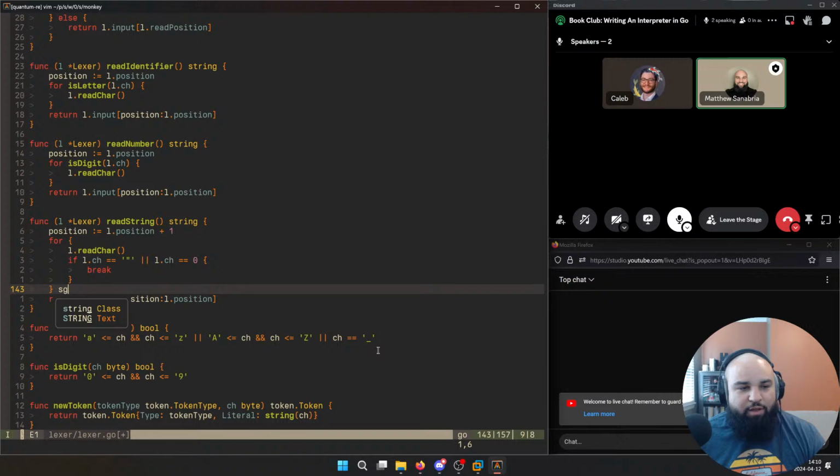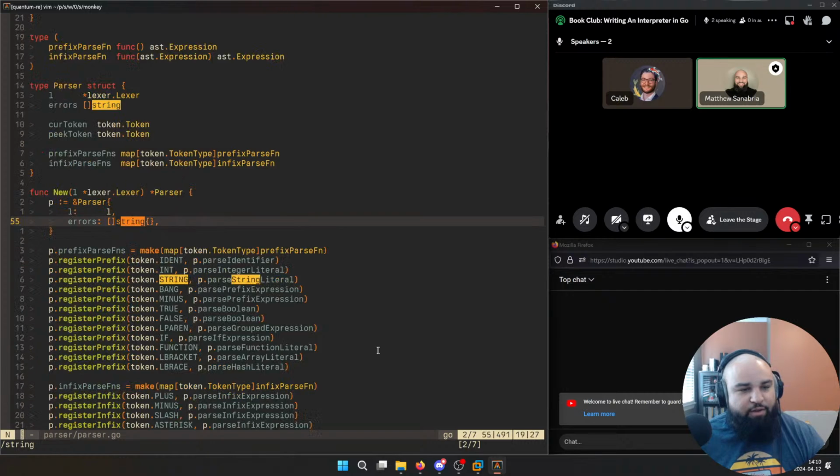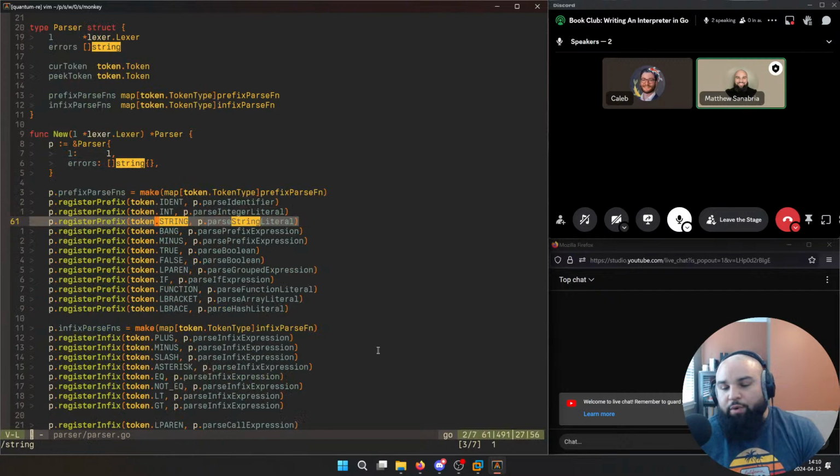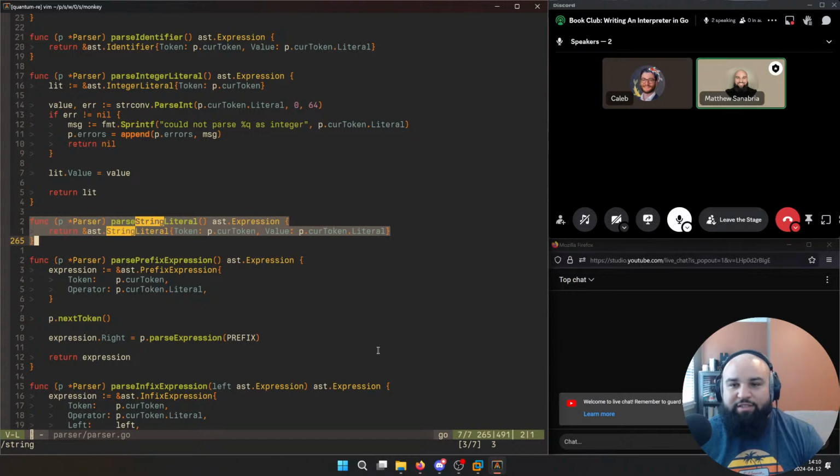So once we had the string lexing, we actually did parsing, and you can see here that we registered a new prefix operation for strings. Why prefix and not infix? Because strings are always going to start with a double quote, right? So there's only going to be one operand on the right side of it. So we do a prefix operation here saying, hey, if the token we got was a string, we'll then parse the string's literal. And parsing the string literal is quite simple. You're just pulling the token's value out and storing it as your AST node. So these are all the changes we had to make for this, which I thought was cool.